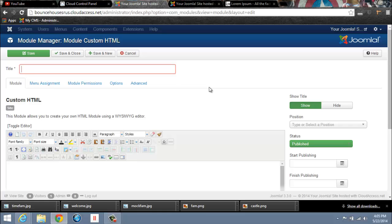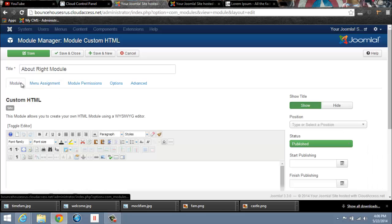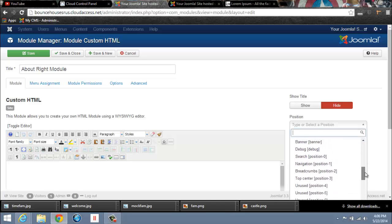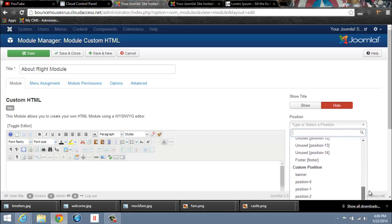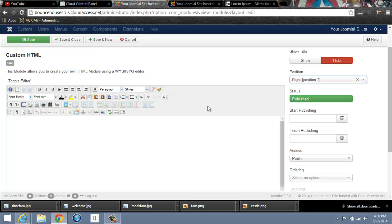We're going to title this about right module. Let's go ahead and give it a menu assignment. About. Let's go back, hide the title, and let's scroll down, making sure that we are on the protostar template. Click position 7, which is the right position,